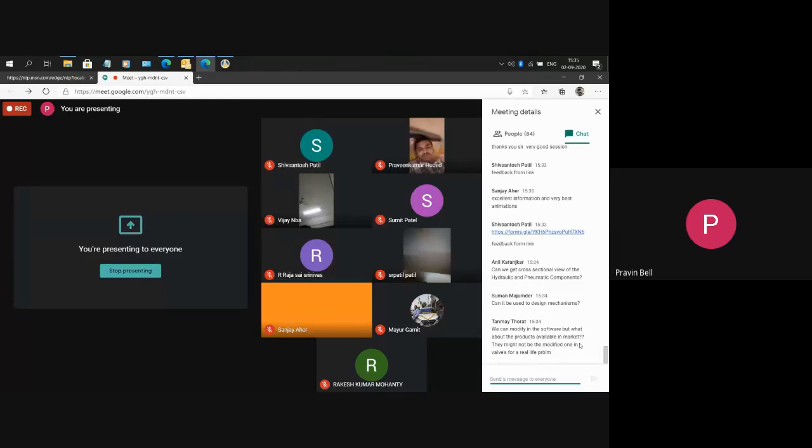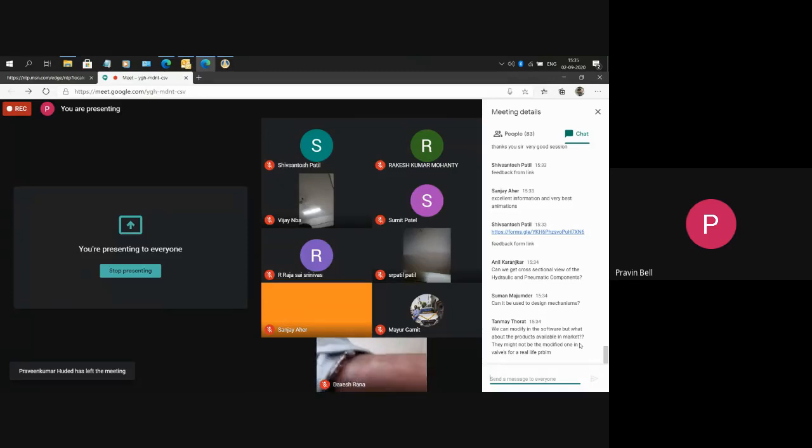Another question was by Suman Mujumdar: can you design mechanisms? Yes, mechanisms can be done in a very powerful manner in Automation Studio. Automation Studio has a specific module known as Mechanism Manager. In this Mechanism Manager, you can do things like: if a piston is mounted on a cantilever arm that has a pivot, and the entire piston is mounted on a clamp joint, and this piston is extending, and on that cantilever there is a load at maybe 30% of extension, a load of 1.5 tons, and there's gravity acting, how will this entire mechanism behave?